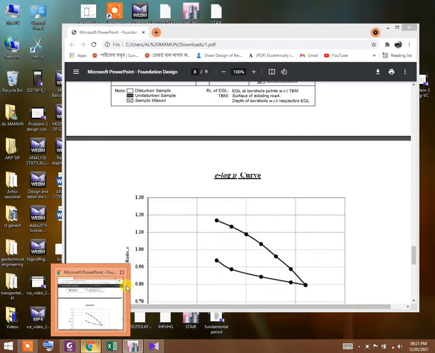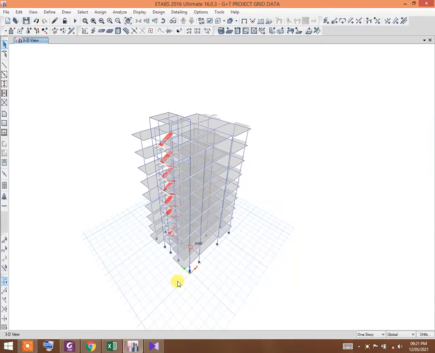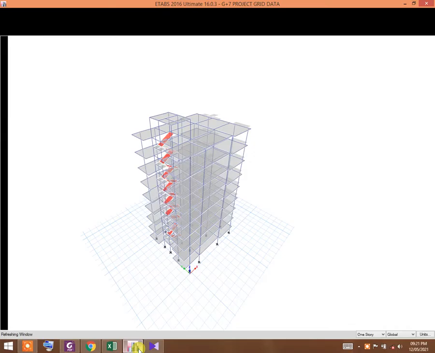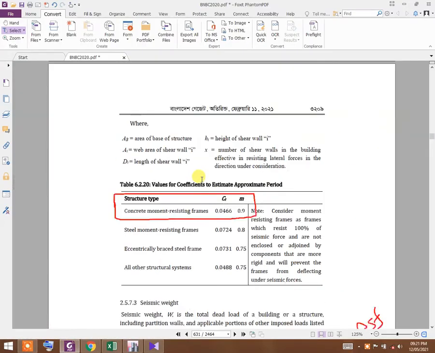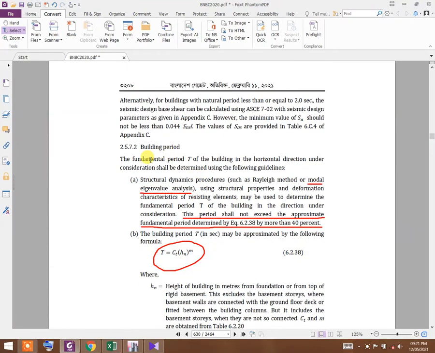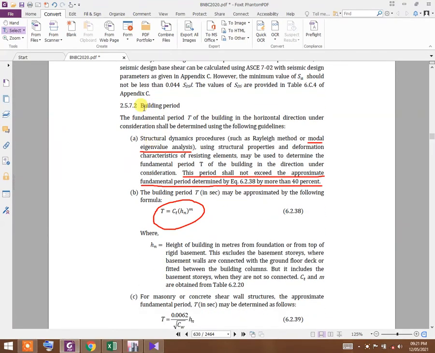So let us know about the period of the structure. According to BNBC, the fundamental period T of the building in the horizontal direction under consideration shall be determined using the following guidelines.